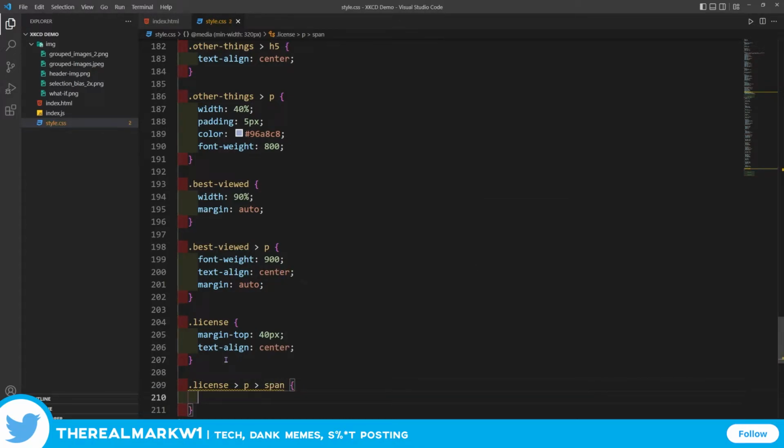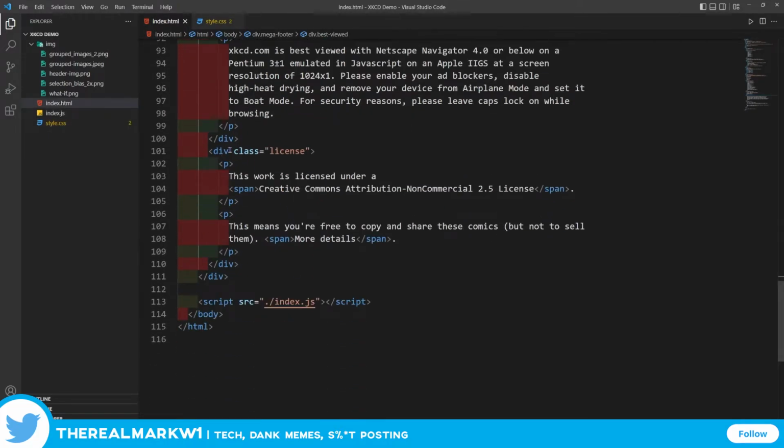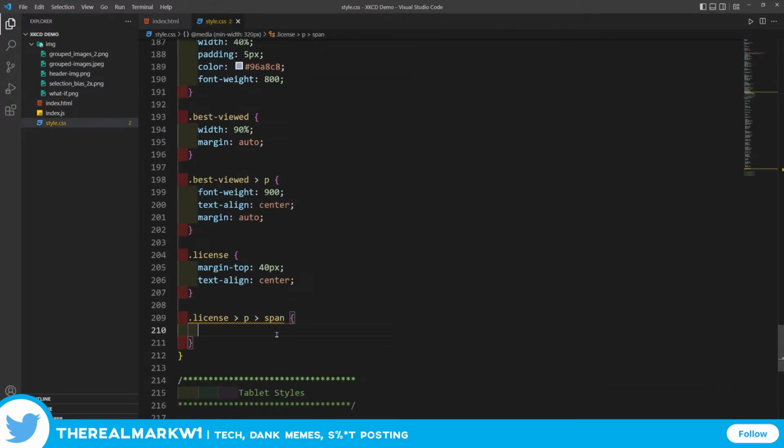Because if we look, how does this make sense? You have license, which is the class. You have this, but this is inside of the paragraph parent here. So that's how we're targeting it. And what we want to do with that is,